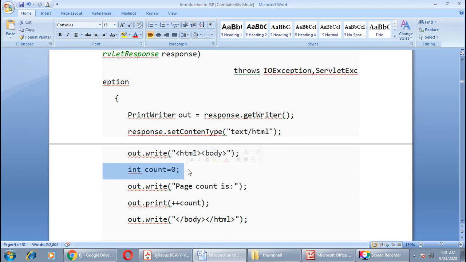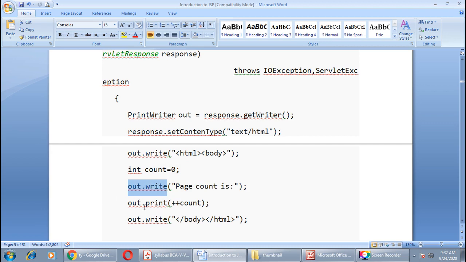In the next line, one variable is declared and it is initialized on the same line. The data type of this variable is integer. Then one label we cannot directly place on the web page, so here you have to enclose this content in double quotation marks, and you can display this content on the web page with the help of the write method, right? out.write.